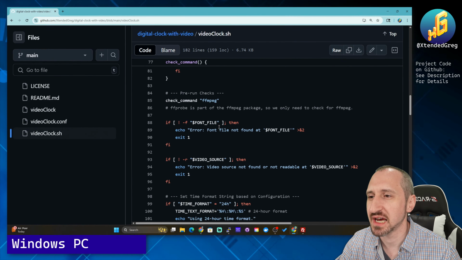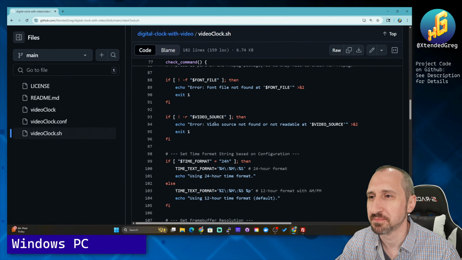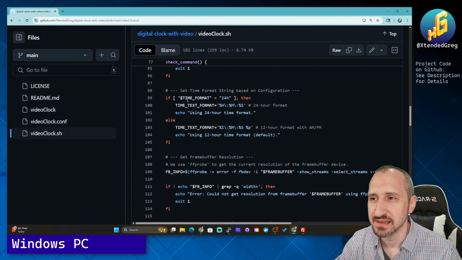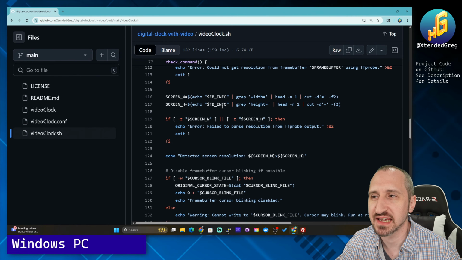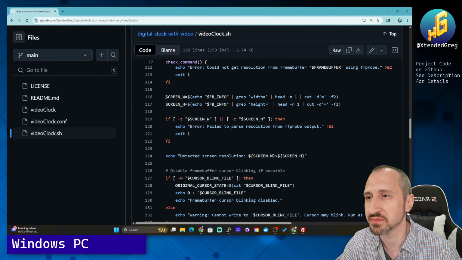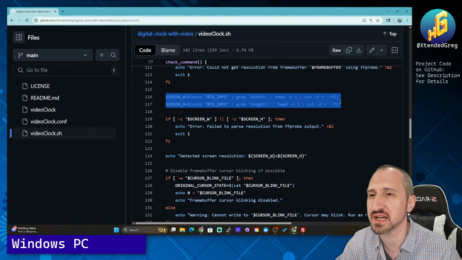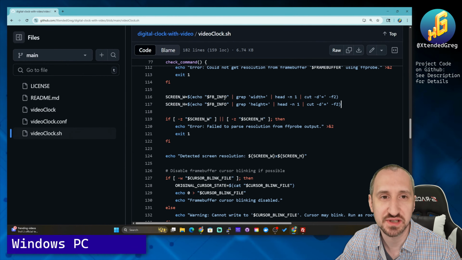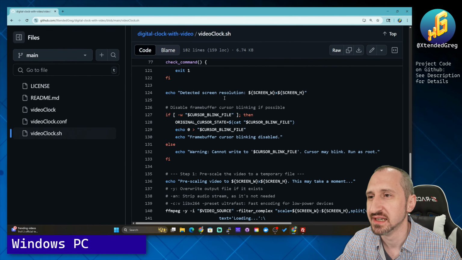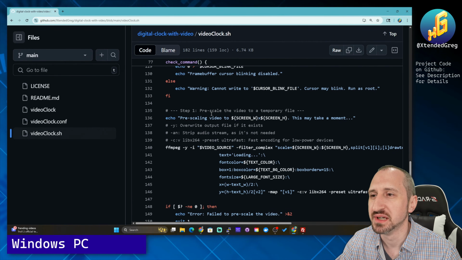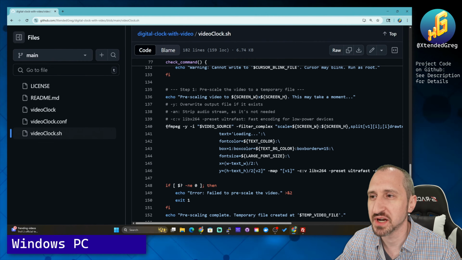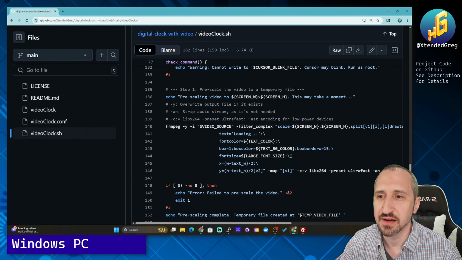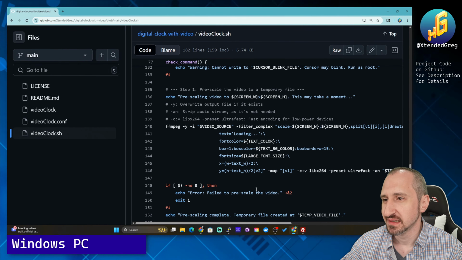But getting down into the actual nitty-gritty of it, it's going to check and see what your settings are, everything else like that, get it pre-configured. It's going to determine your screen width and your screen height automatically based on what the actual frame buffer size is. It's then going to start by pre-scaling your video. So it'll run an FFmpeg instance. It will split that out, and